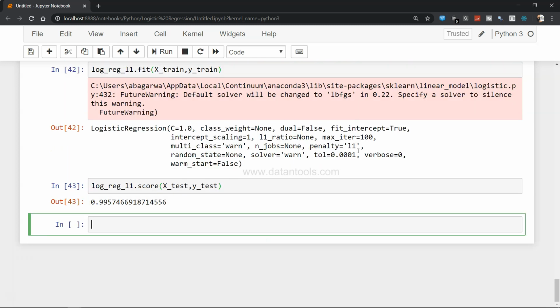This is a huge improvement in the scores, because L1 penalizes those variables which do not really contribute and removes them. So in a way it is a parameter selection technique as well, because it penalizes or may remove the variables which do not add any contribution.